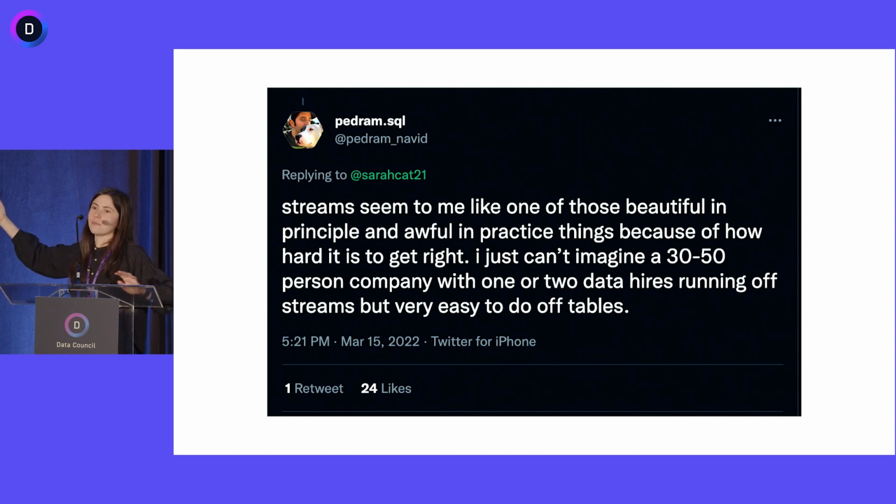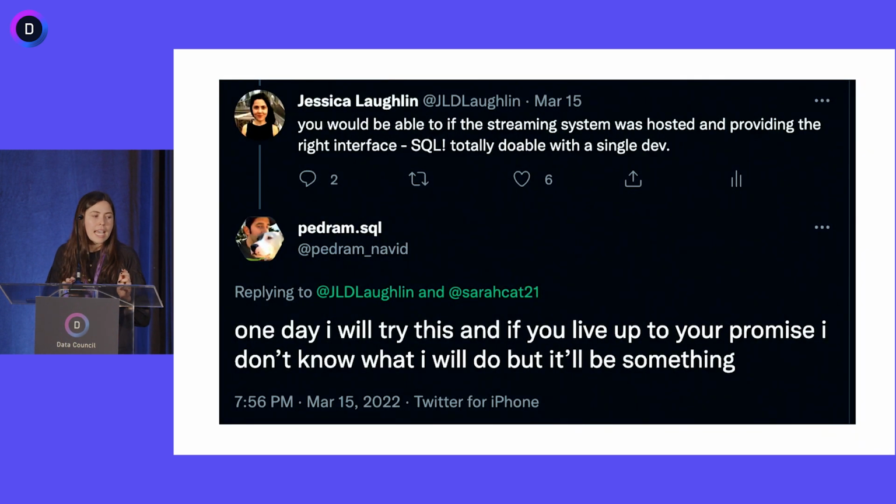So we're back to Pedram. I just had to highlight him a few times. And I said earlier that folks have decided that batch is largely good enough because streaming systems haven't really exposed the correct interface to fit into the rest of the modern data stack yet. And that's why I'm personally really excited about Materialize. So I was an early employee. I believed pretty early in the product. I'm excited about how it's going so far.